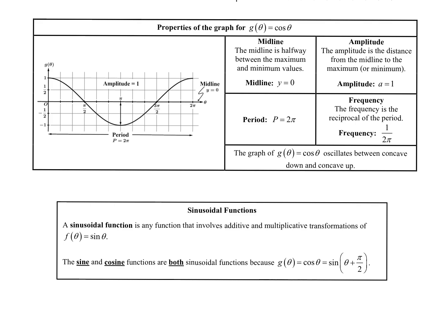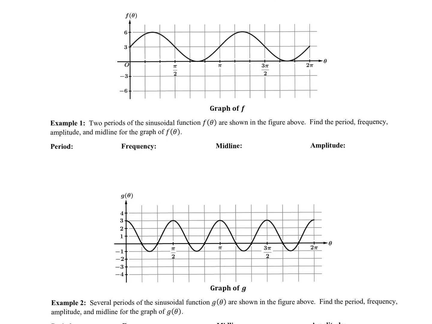They mean different things. However, if I were to shift the sine function back pi over 2, guess what it would equal? It would equal cosine. All right? And so that's 2 periods of this